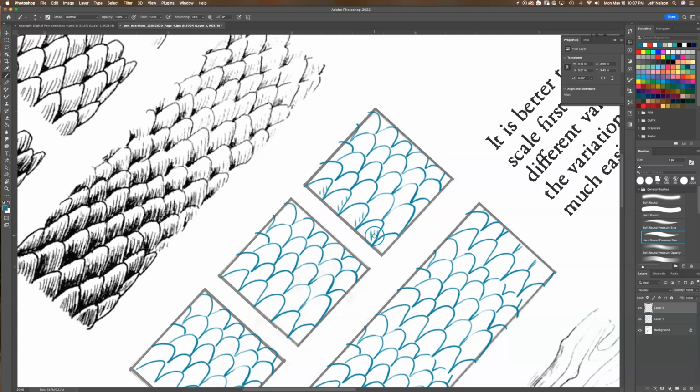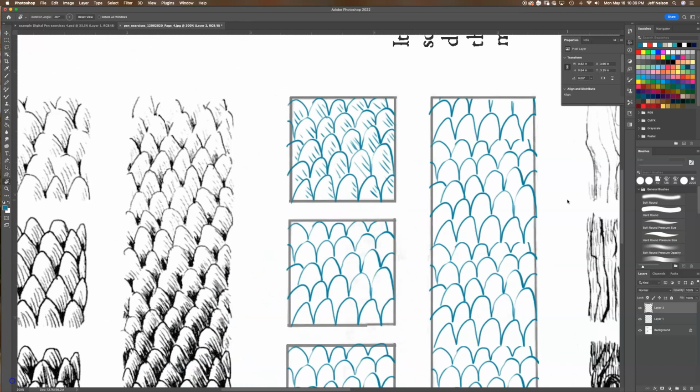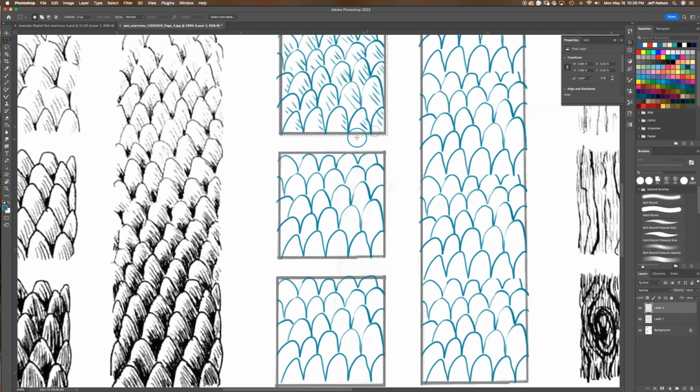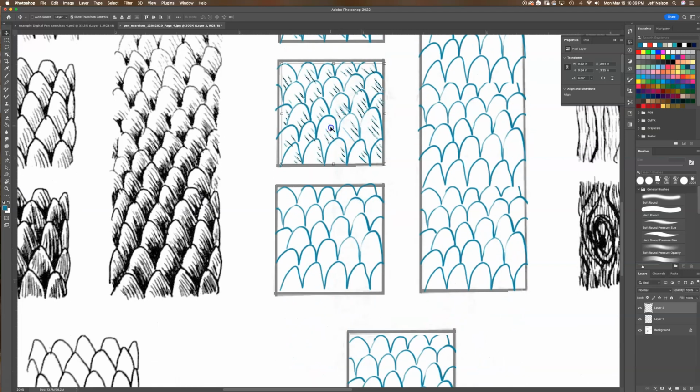Well, let's get some movie magic here. So I did my little curves there. Here's the thing, it's on a different layer, right? So now I can go to layer 2, go to my marquee, select those, hold down Alt, go up to my move tool, which is V. Now I can hold down Alt, and I can place those in the same, right? So instead of reinventing the wheel every time,